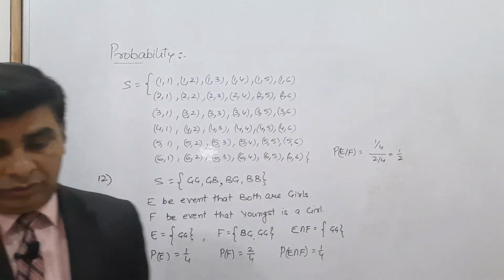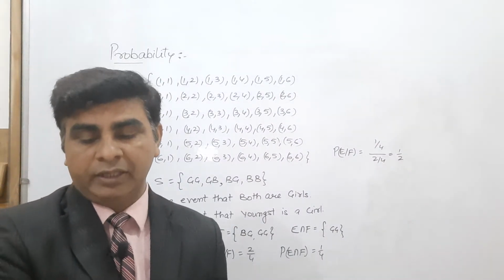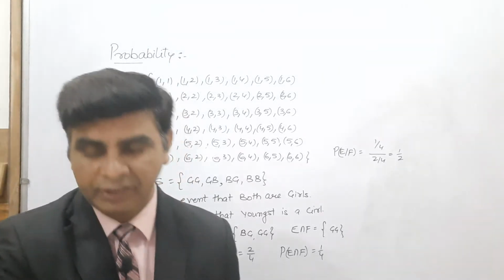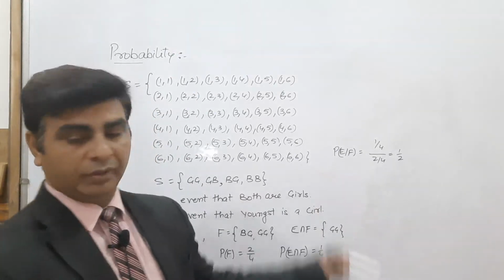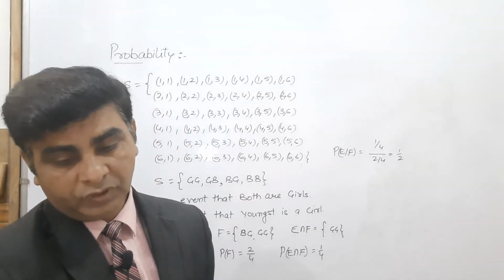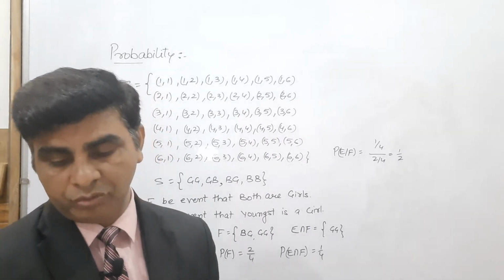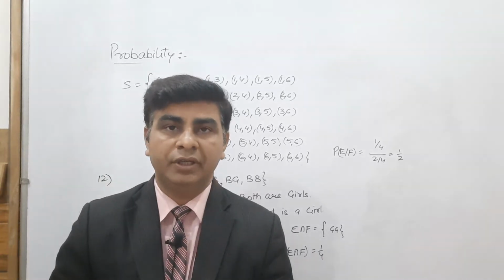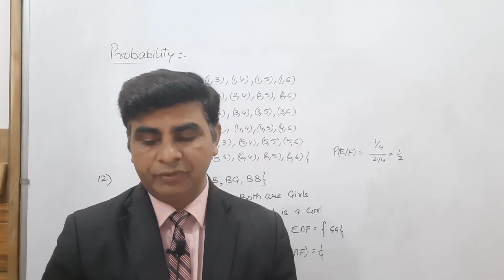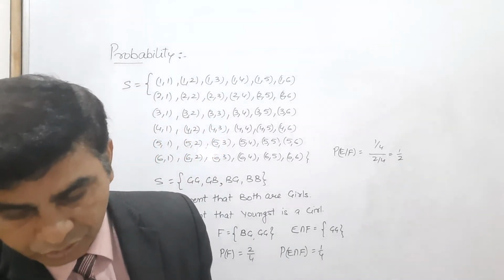So whenever we need to find the conditional probability that both are girls, given that the youngest is a girl, in the case where a family has 2 children, this is 1/2. The second part you can do by yourself for question number 12. It's your homework, so you need to do it yourself. Let's see question number 13, and this is the last question I'll tell you. Questions 14 and 15 you should do by yourself. So let's discuss question number 13.